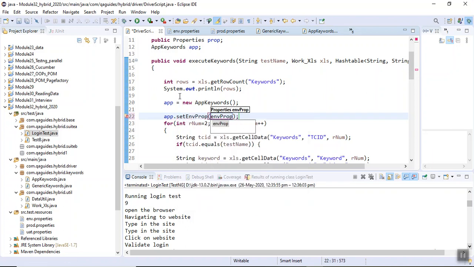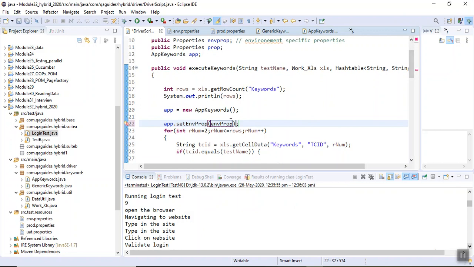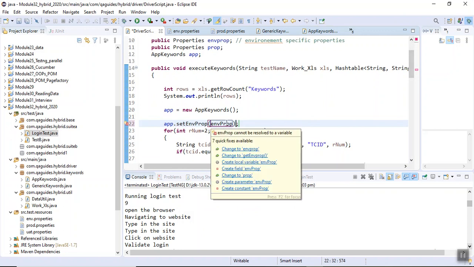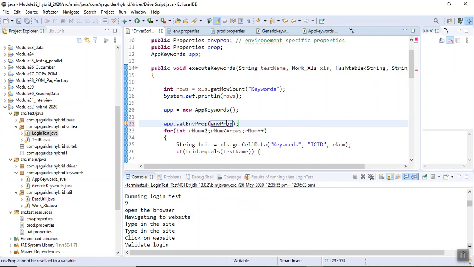Okay, it is already there, env prop. Okay, p is small. Fine, save it.